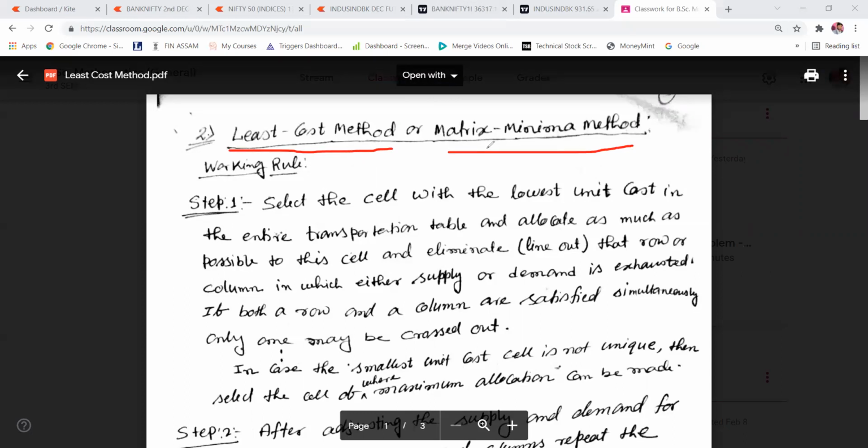So in this method, what we'll do, as you have learned the northwest corner method. In that northwest corner method, we started with the northwest cell, the first cell, and then we moved towards southeast.